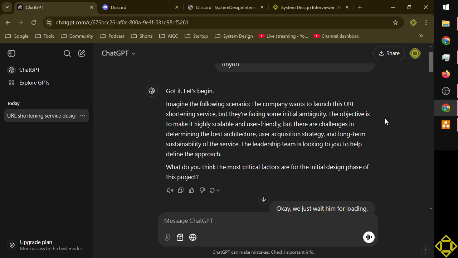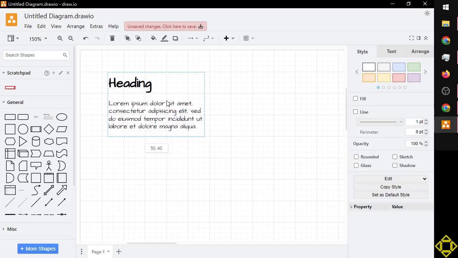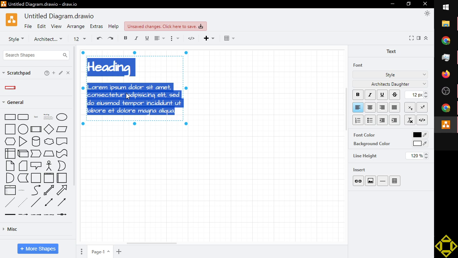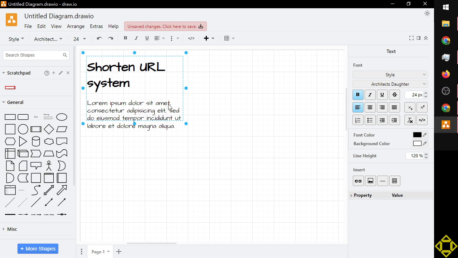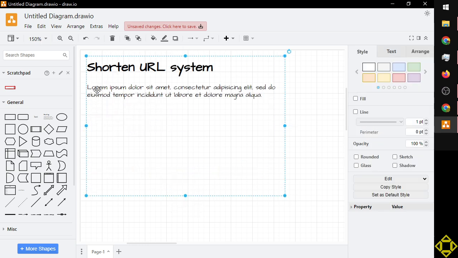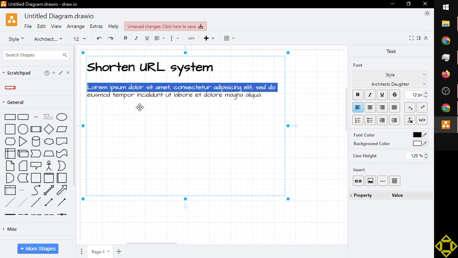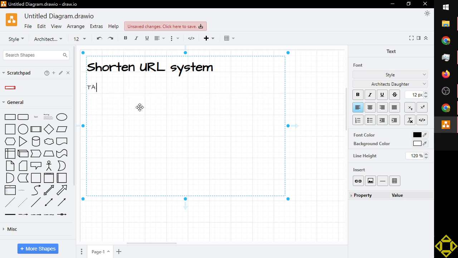Okay, I think in the early stage, since we ask many questions, we can start taking some notes. So first we are doing a shorten URL system case. And also, we will ask about the target audience. So our TA will be